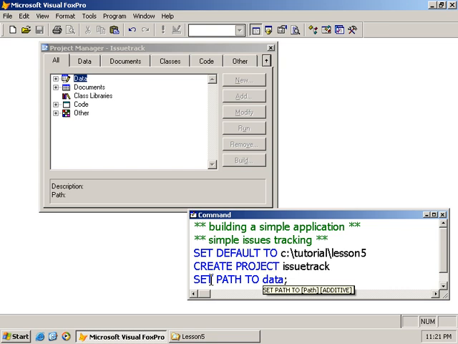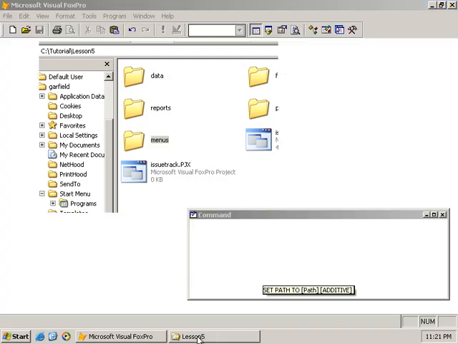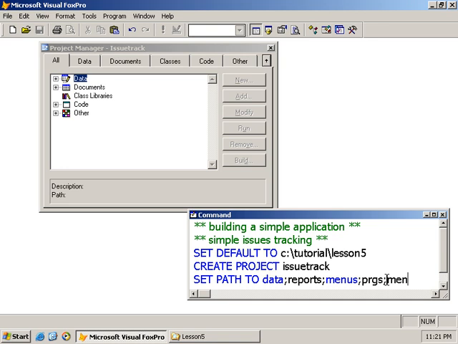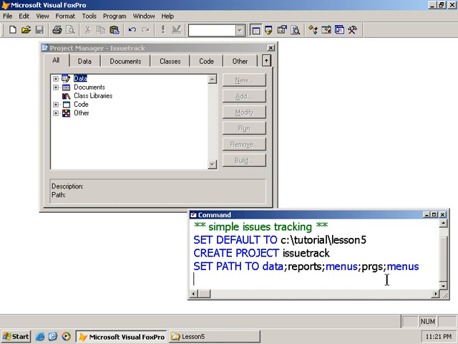We'll assume that we're working from the current folder: reports, menus, PRGs, and is there another? I have menus. So that will take care of our application finding the various files that we'll be creating and putting in